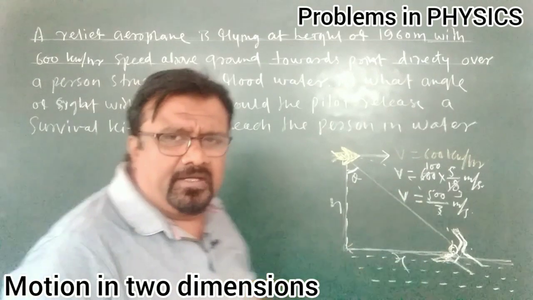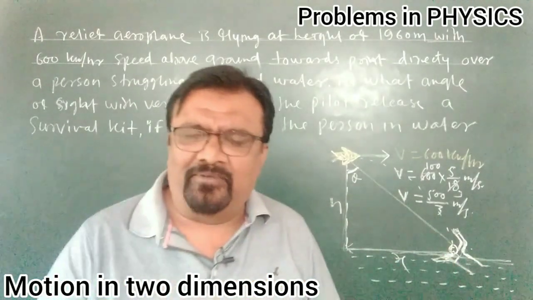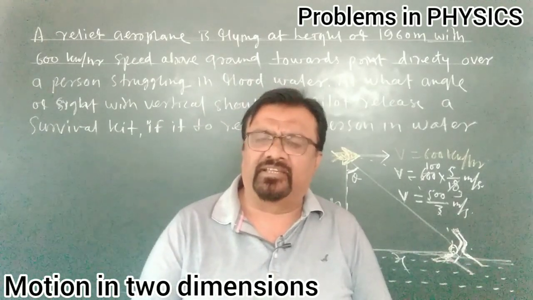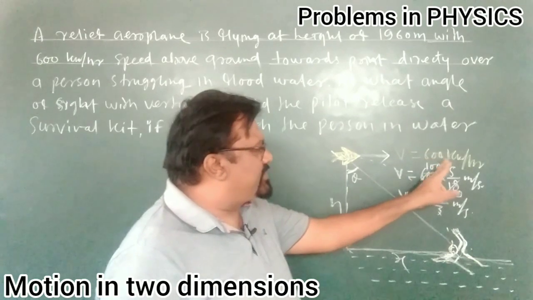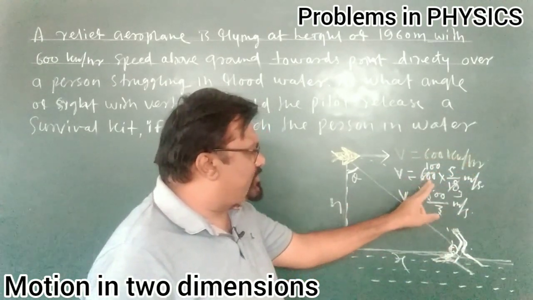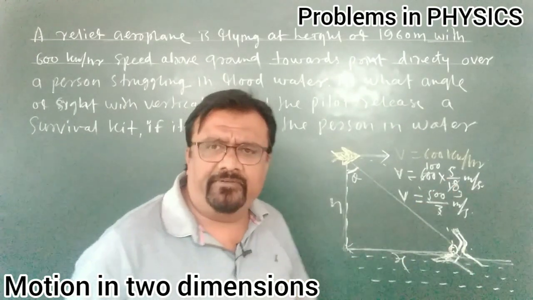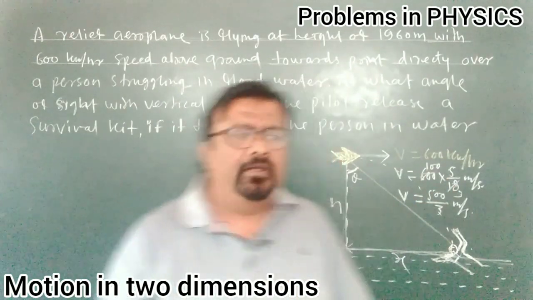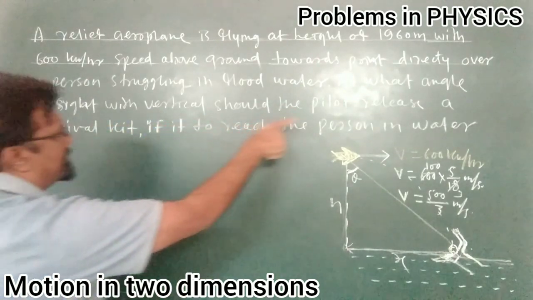I already converted that into meter per second, and you know, to convert kilometer per hour into meter per second, we have to multiply the given quantity by 5 upon 18. I did that. V is equal to 600 kilometer per hour, V is equal to 600 into 5 upon 18 meter per second, and by solving that I get 500 upon 3 meter per second. Now the problem is, at what angle of sight with the vertical should the pilot release